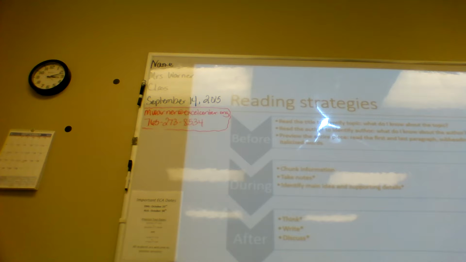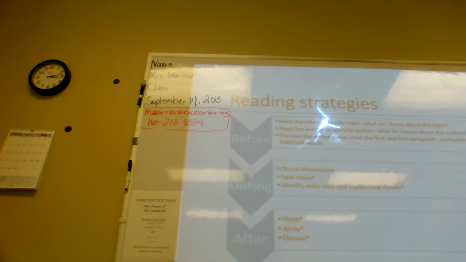Okay, so sometimes the title gives us an idea of what the topic is of the piece, but sometimes it can be misleading. I had a student in my first period class, and he said he went to a movie this weekend, and he thought it was about the war because it had the word war in it, and it wasn't. So he was duped. He was really upset because he thought it was about one thing, and it wasn't. Many times authors do that to engage their readers. It's a trick, it's a manipulation technique, and it is what it is. But you try to understand a little bit more about the topic by looking at the title.